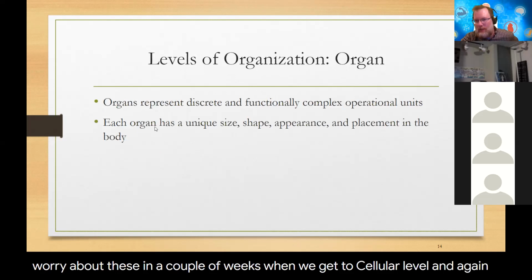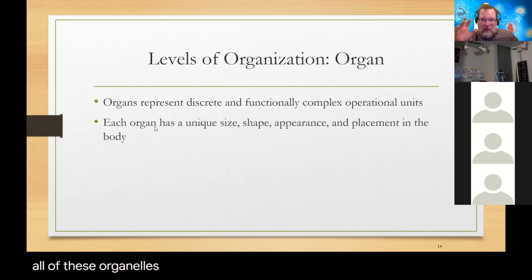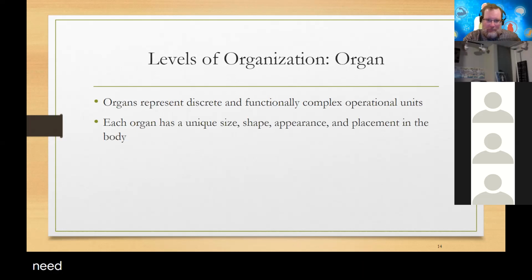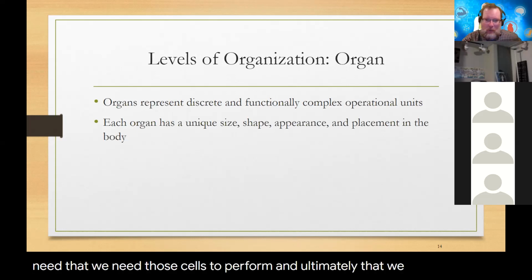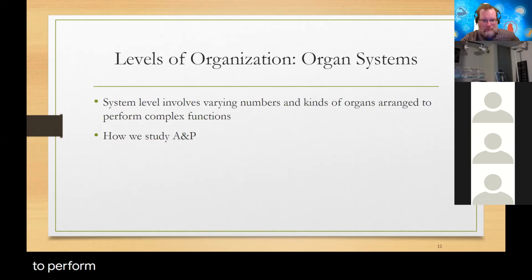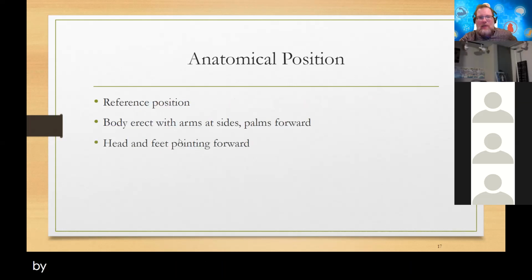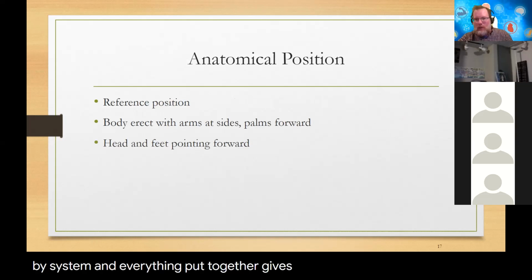And again, all of these organelles are specialized depending on what type of function we need those cells to perform, and ultimately that we need the organ to perform. And again, organ systems, that's how we approach the study of A&P, system by system. And everything put together gives us an organism. Next up, we get into